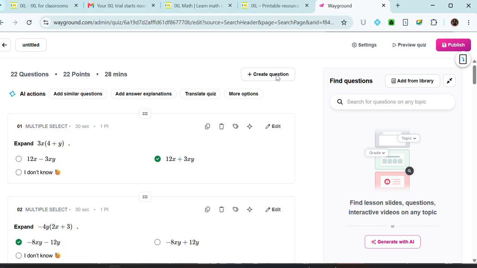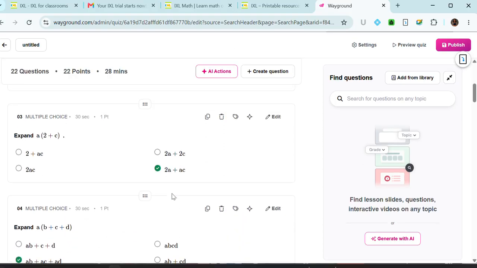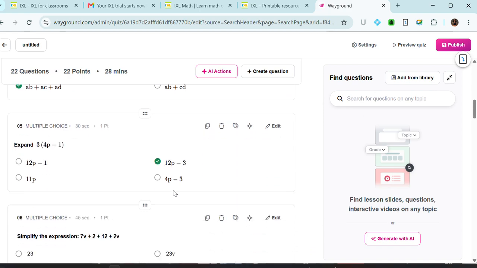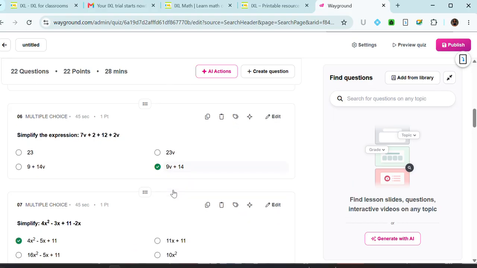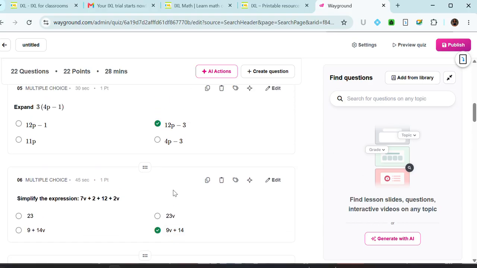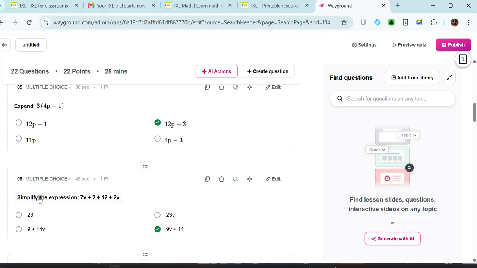Okay, great. It has opened up. Now, if you look at this question, not all questions carry equal mark and time. Like if you look at this question number 6,